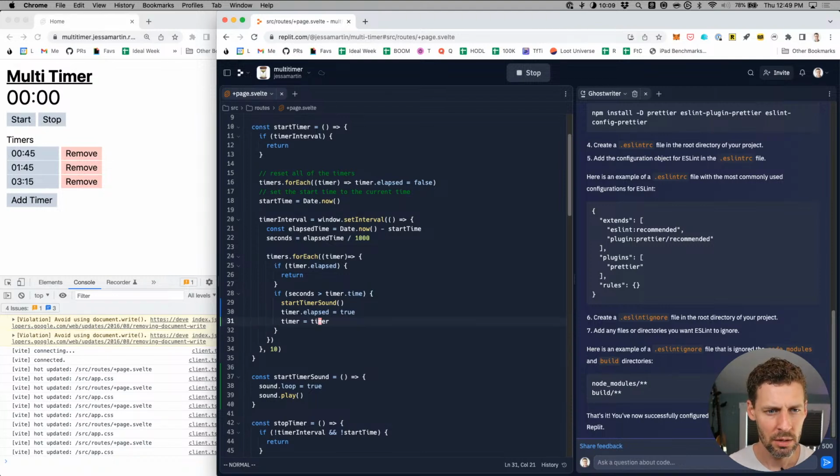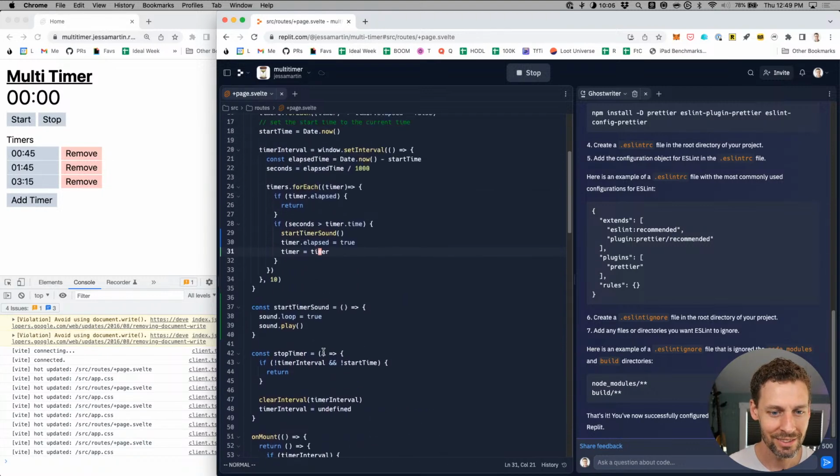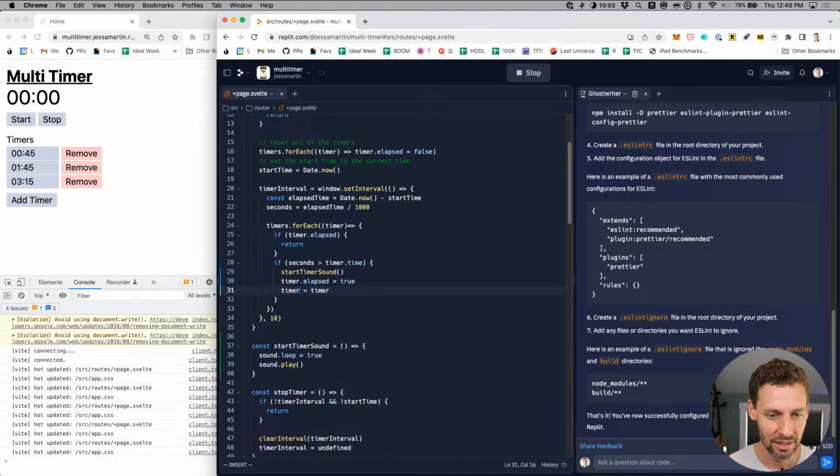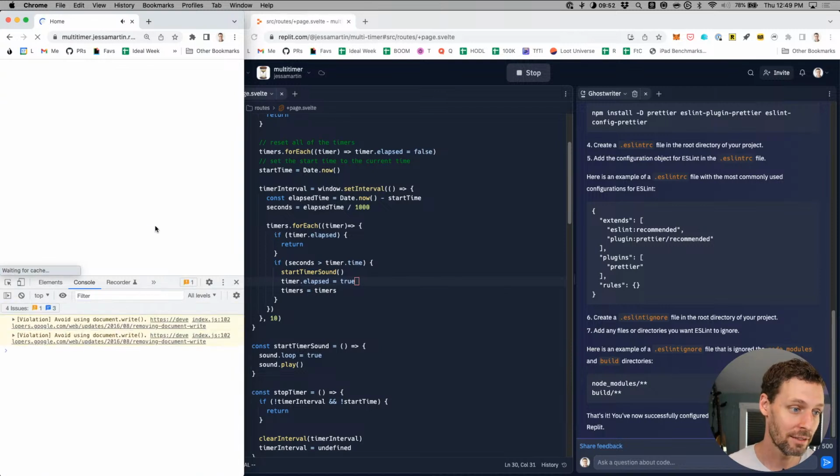Annoying. Maybe it's timers? Is timers the thing? Oh, that's what it is. It's timers. I bet that's it. All right, 1 second. Start. Yes. All right. I hate that that's the answer, but that is the answer.